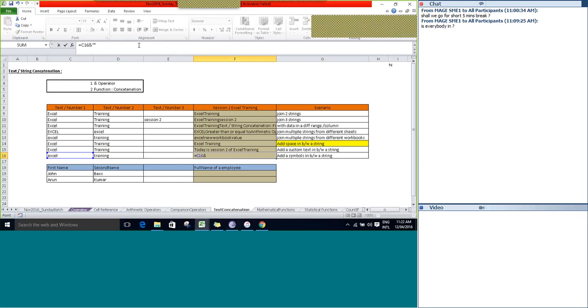First string and operator, within a double quote you can add any of the special characters or symbols. And your second string. Press tab. You can see that whatever you pass, whether it is a text or a space or a number or an alphanumeric character, whatever you pass in a double quote, the same will be displayed